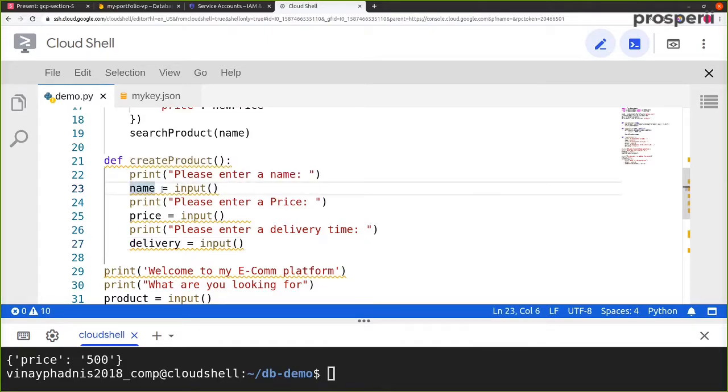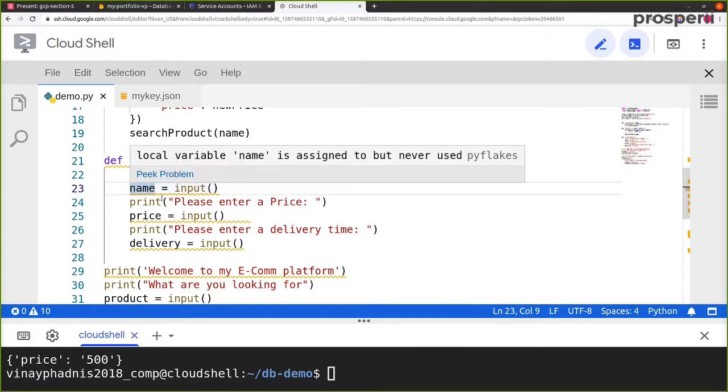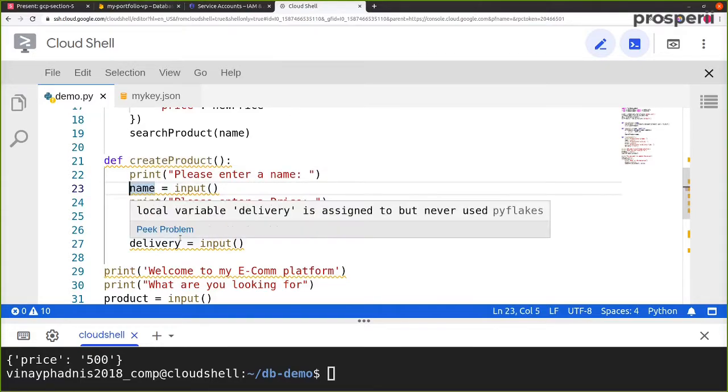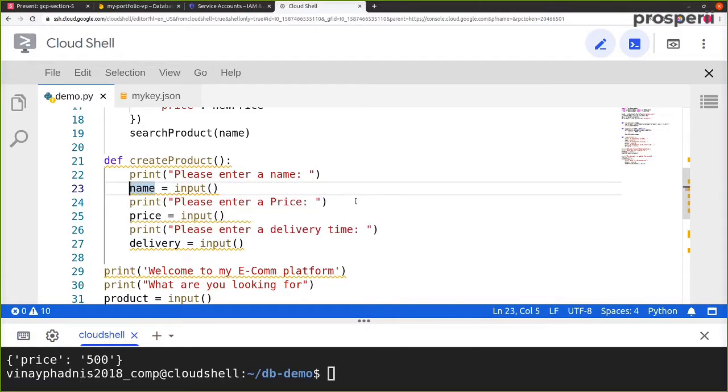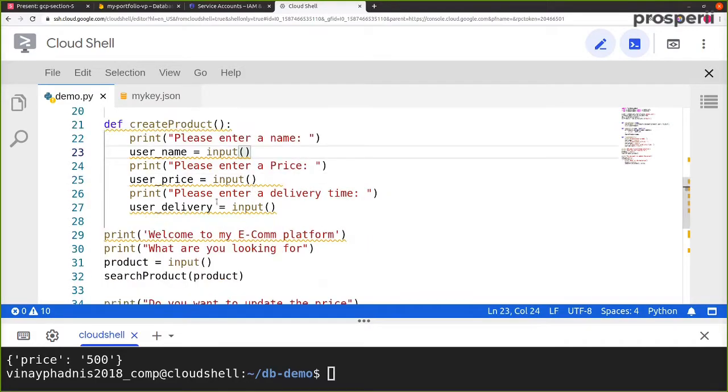So over here, before every variable let's type in user. So over here we have user underscore name, then we have user underscore price, and then we have user underscore delivery. Okay, so now with this we have created 3 variables which are user delivery, user price and user name.